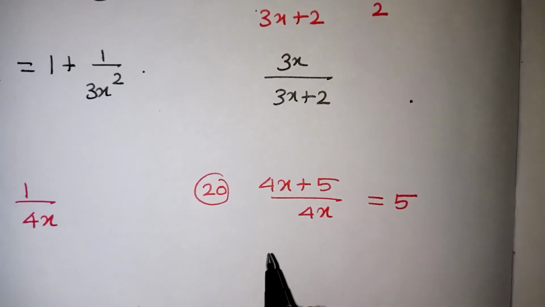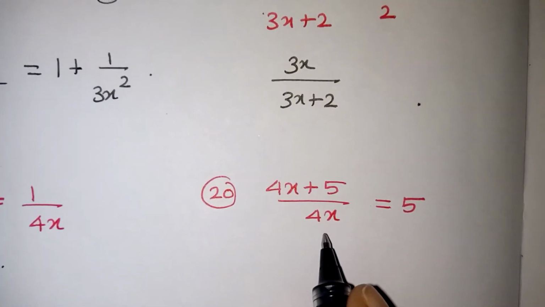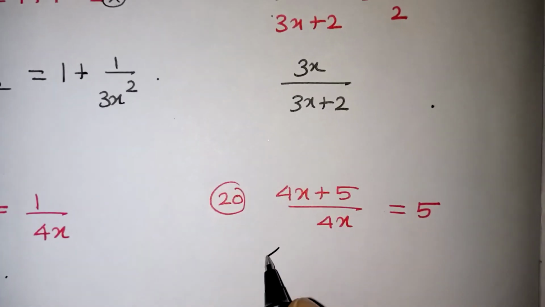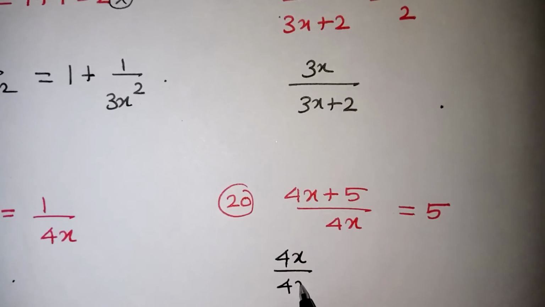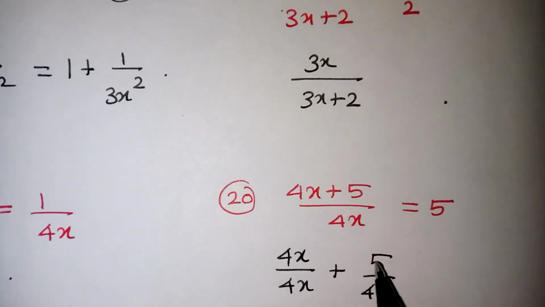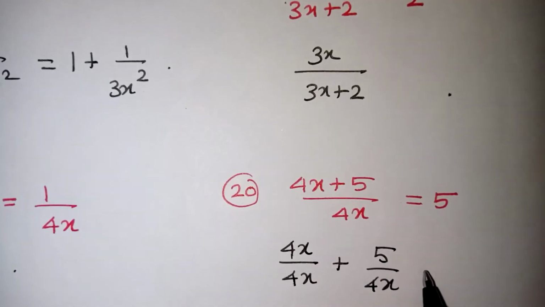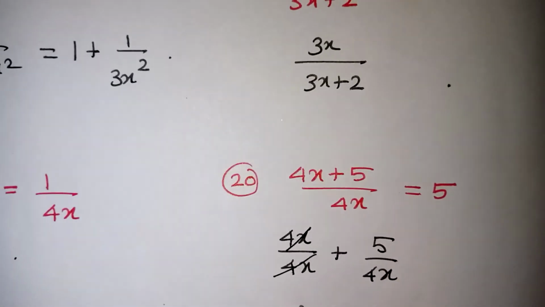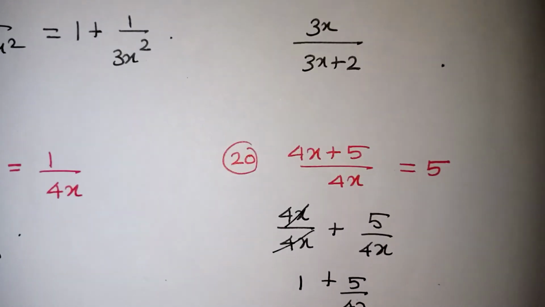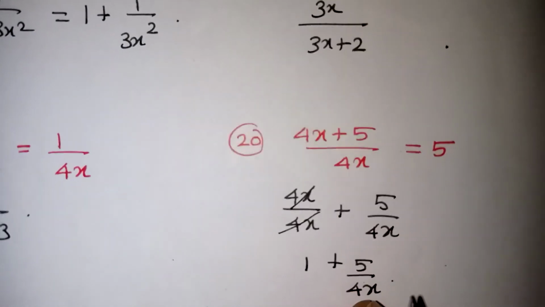This one is possible. Now look at the question, (4x plus 5) by 4x is the question. Now the denominator value is common for both the terms in the numerator. So we can write 4x by 4x plus 5 by 4x. This is possible only when the numerator has many terms. Now 4x and 4x will get cancelled, so one time. Plus 5 by 4x we can't do anything. So we can leave the problem as it is. This is your correct answer.